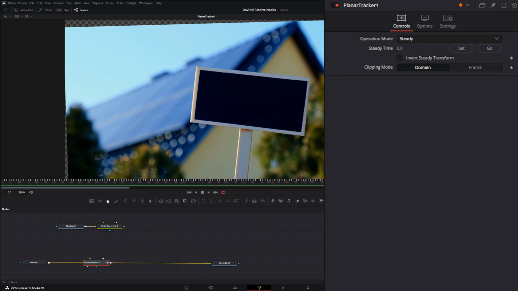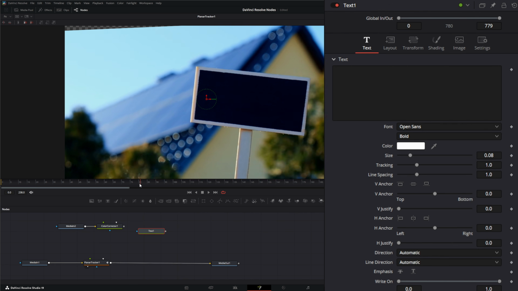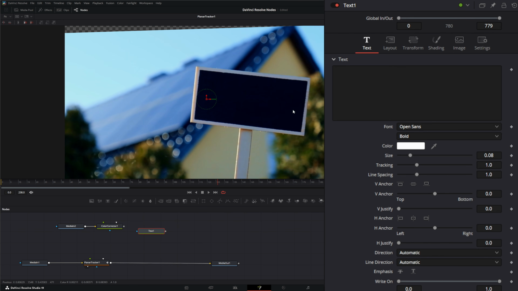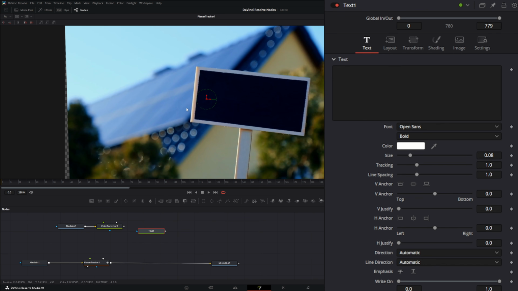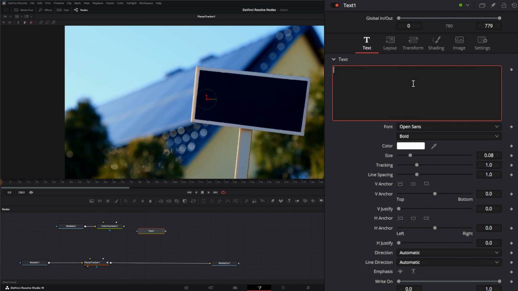So say we needed to add text to this, and even though you could do this other ways, this is the same principle if, say, this was a track of a person or a wall that had a blemish on it and you had to use the paint node to paint out something. It's nice and flat and not moving, so you can come in here and paint every single frame without having to chase around what you're trying to paint. But we can come in here and say for sale,